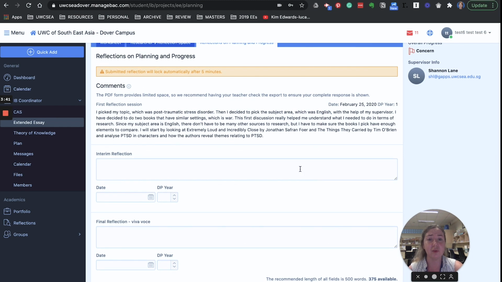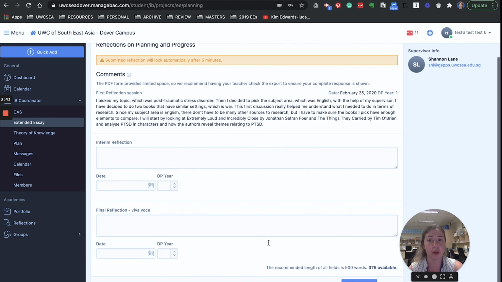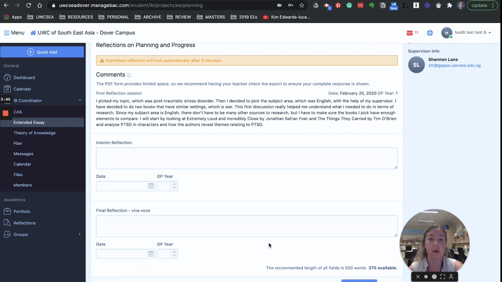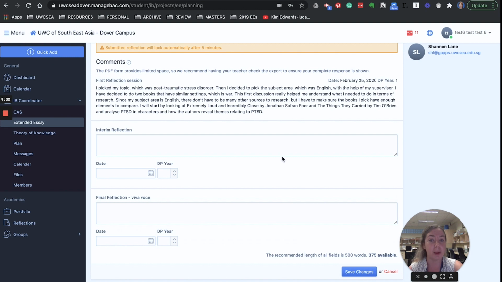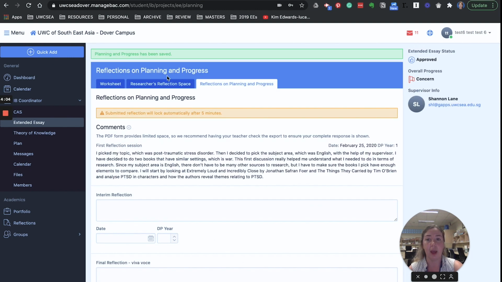If you realize you've run out of words before getting to your final reflection, that's not a disaster. You need to go to your supervisor and ask them to unlock your reflection for you. So if anyone has trouble doing this, please let me know. But it's pretty straightforward. Just make sure they unlock it so you can edit those final reflections and have them put back in. Remember, once you type in a reflection, you need to click Save Changes and head back onto